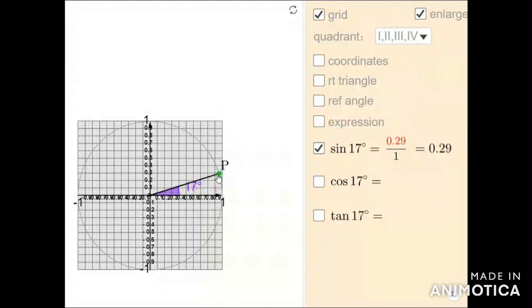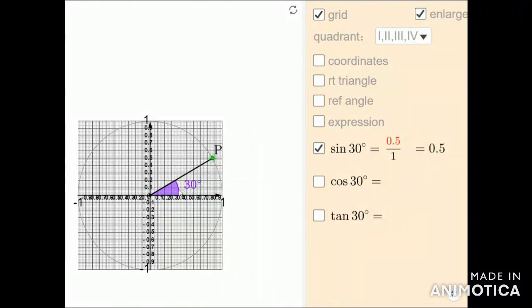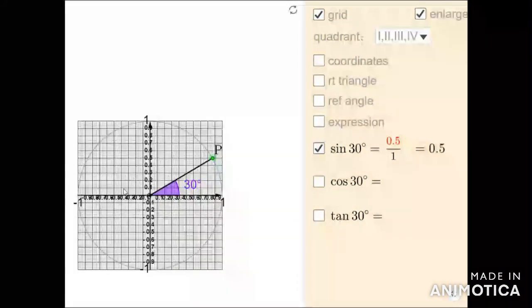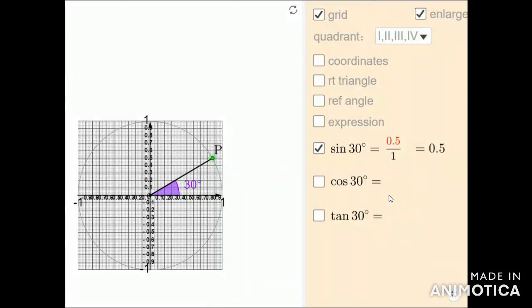And similarly, if you take this angle, it is not 30 degree now, it shows 30 degree, but actually we have completed one rotation plus 30 degree, that is actually 390 degree, and sin of 390 degree is equal to 0.5. That means the value repeats, and sin x takes the same value after completion of one rotation.